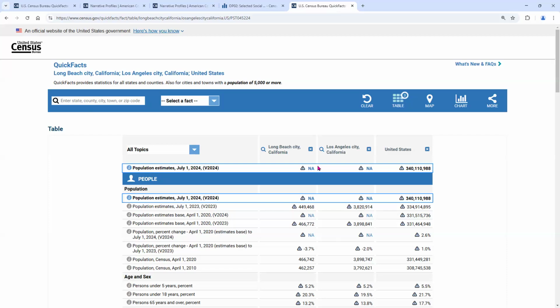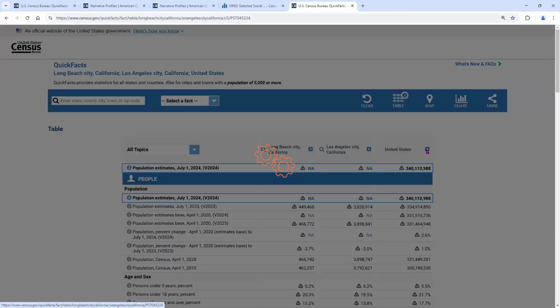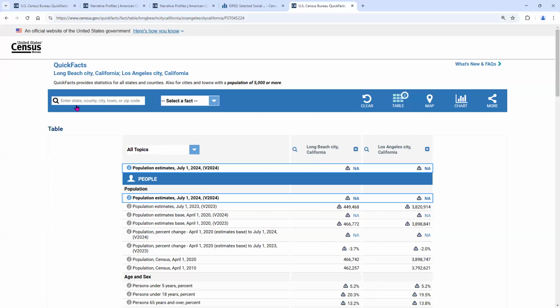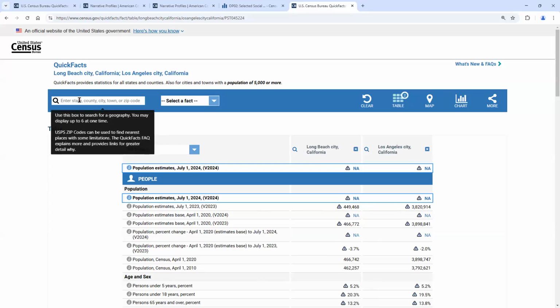Okay, great. So I have 2 cities already. By default, you have the US, right? But I'll take that out because we want to compare 6 cities. You can just click on the X mark and that will be taken out. All right, so we'll add a couple more cities here.